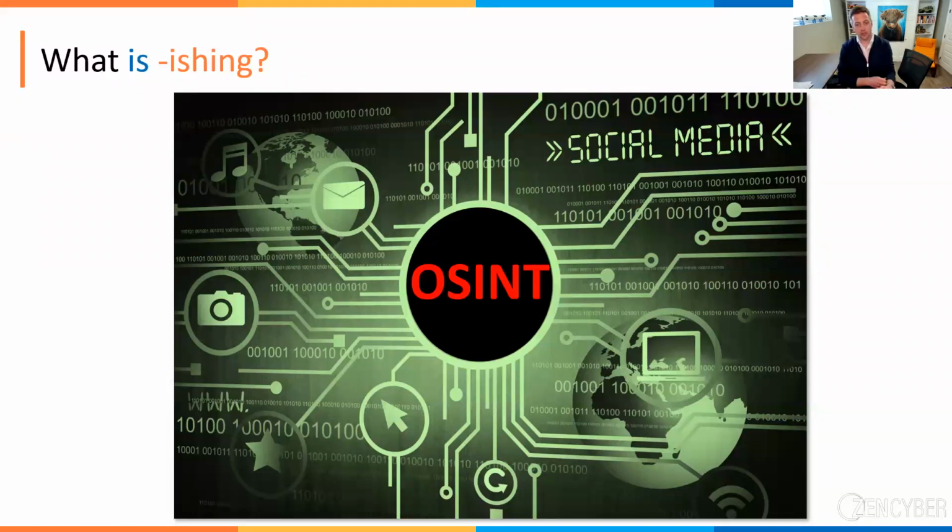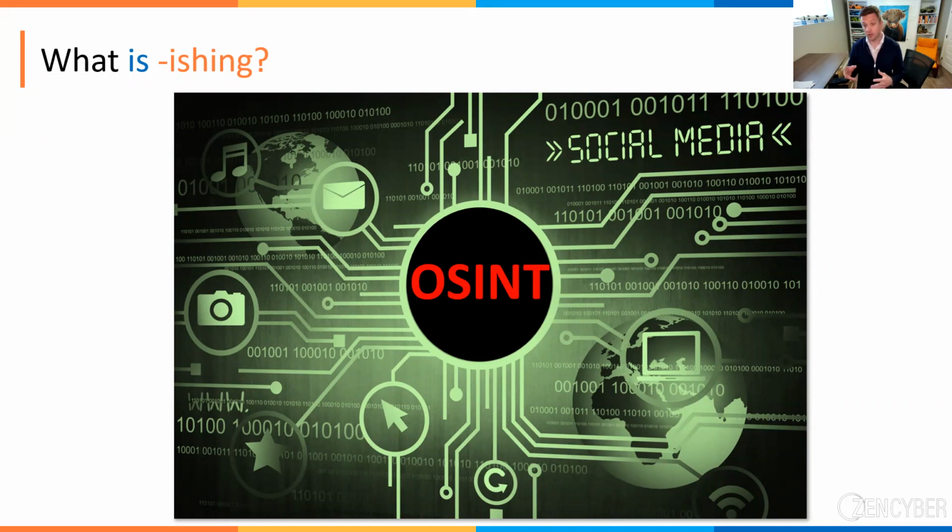Spear phishing is around the point where these bad actors, as we call them, are scraping information from multiple different places and assembling it into a profile. The more information they have about you, the more targeted they can get in their attacks.